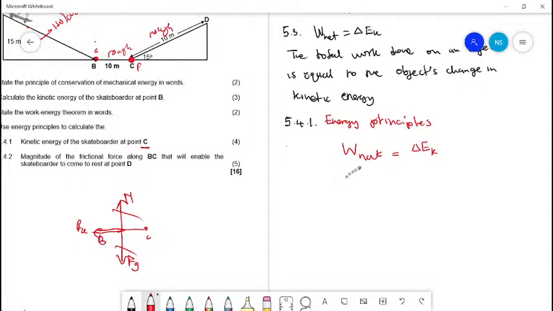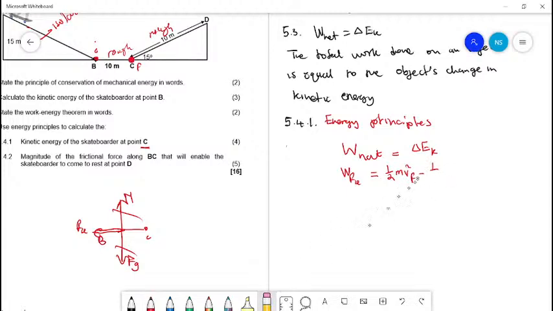So our W net will be the same as Wfk, which equals change in Ek. So change in Ek is, sorry, not minus half, it's half mv squared final minus half